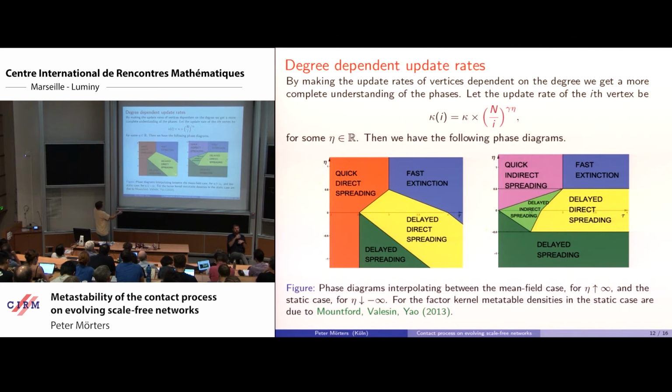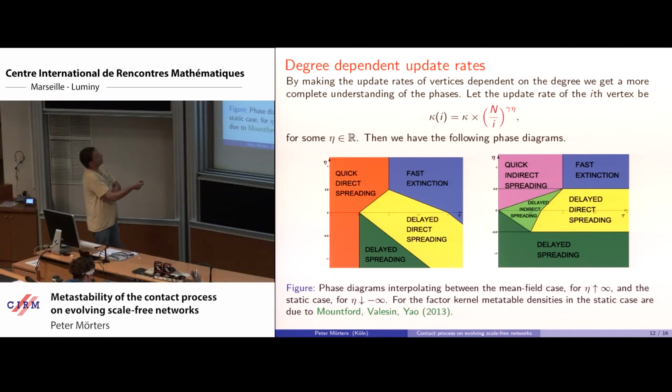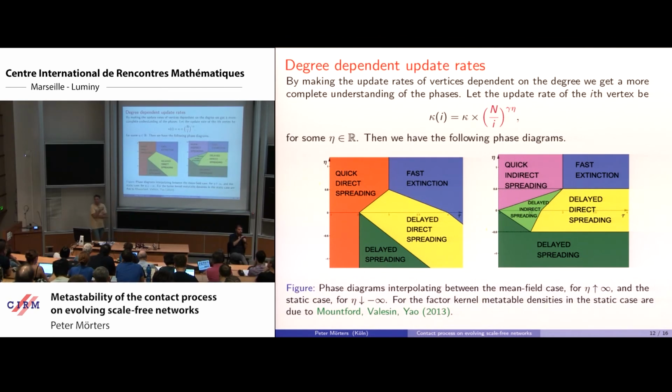So the delayed direct spreading phase keeps existing, but when you're in the static case, this delayed direct spreading phase is no longer there. You have always slow extinction, but a phase transition between the quick direct spreading and a phase of delayed spreading, where you just have to make the A of lambda sufficiently small so that you have a delayed strategy. And that's already so small that the spreading is happening without any further restriction of the A